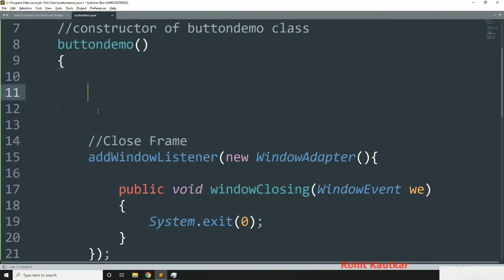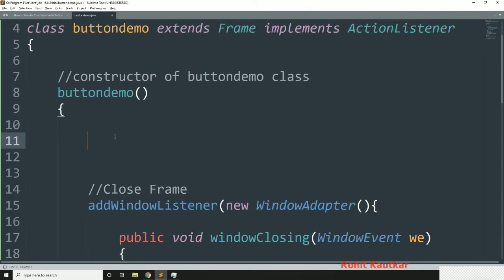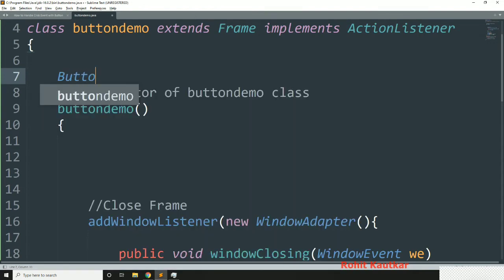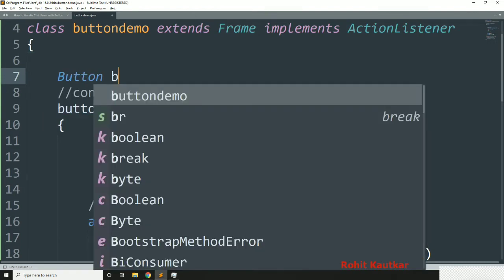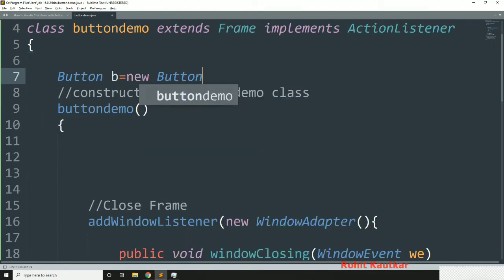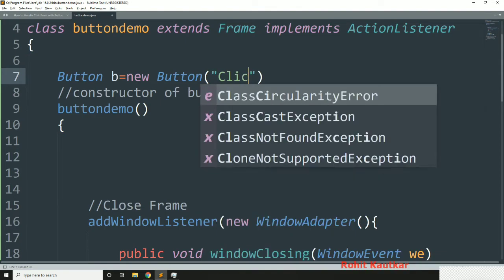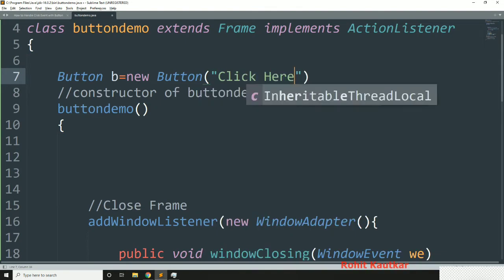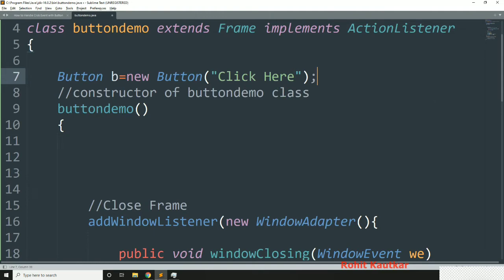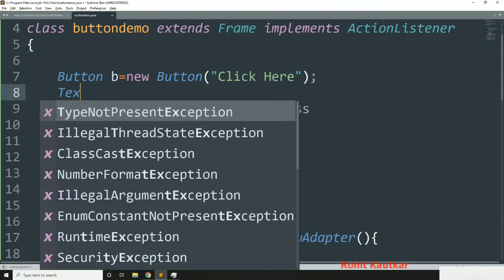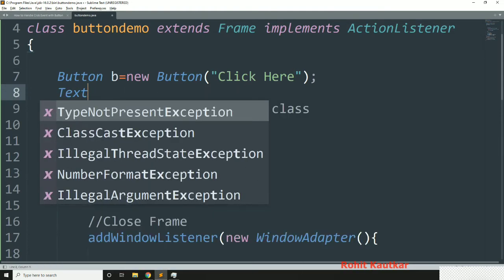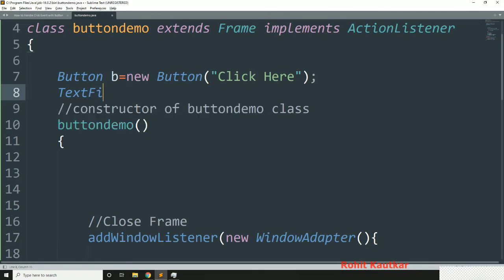Now let's create one button for which we want to handle the event. So I will define the button over here. Okay, Button b is equal to new Button, and my button label is Click here. Okay, this is our button, and I will create one text field over here in which we will display a certain message.